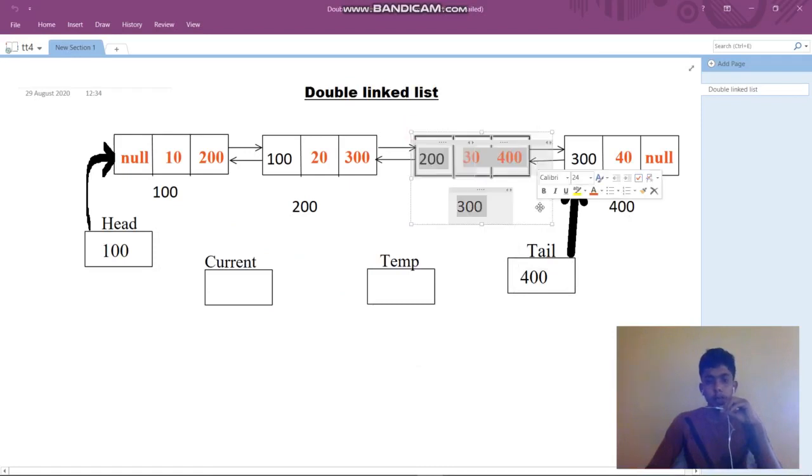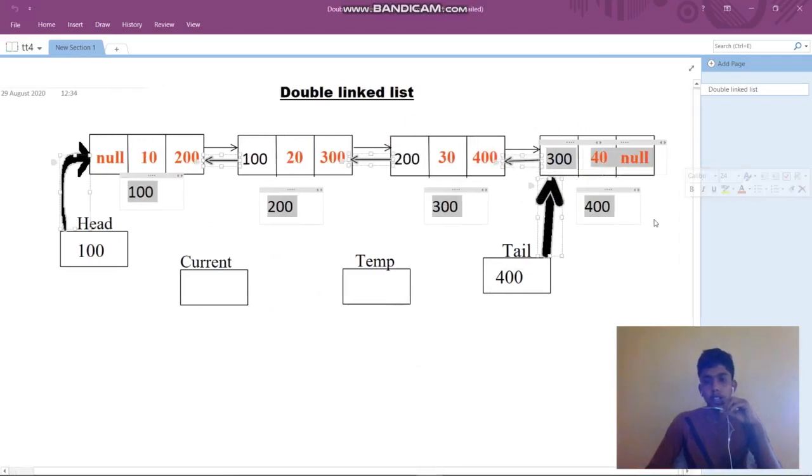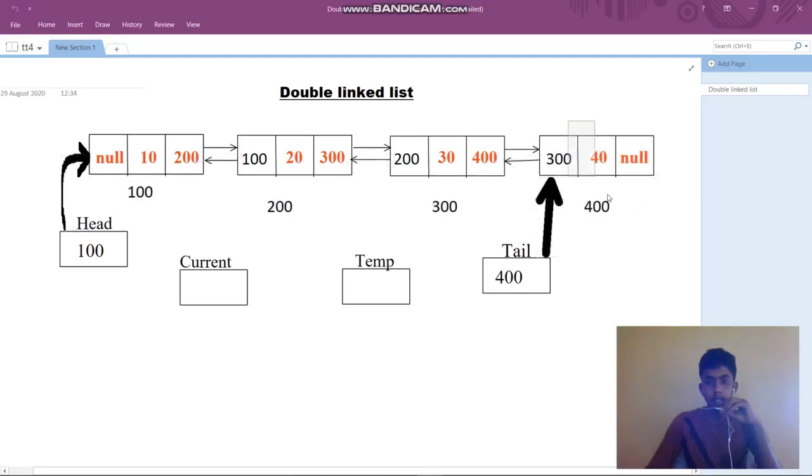This is the last element, and we are going to insert this node after it. Now the tail will point here.